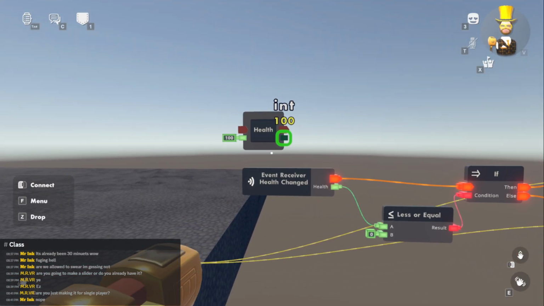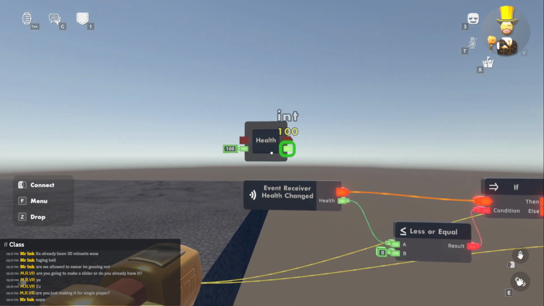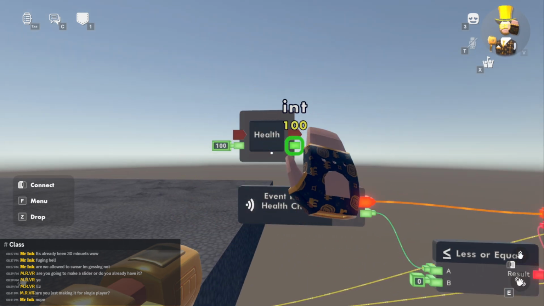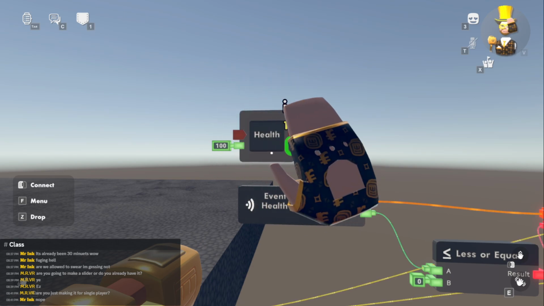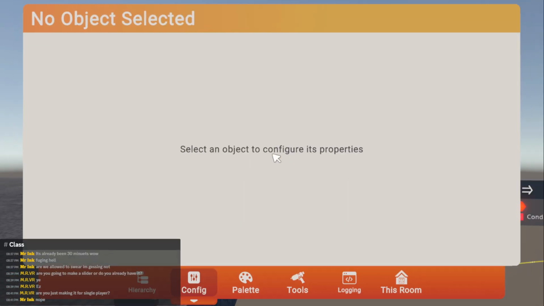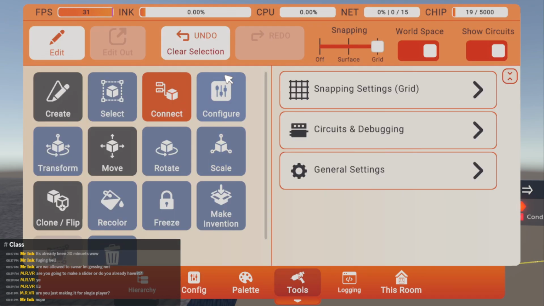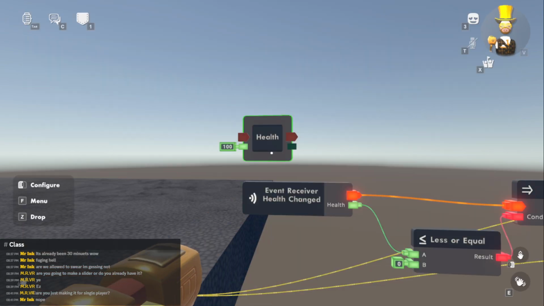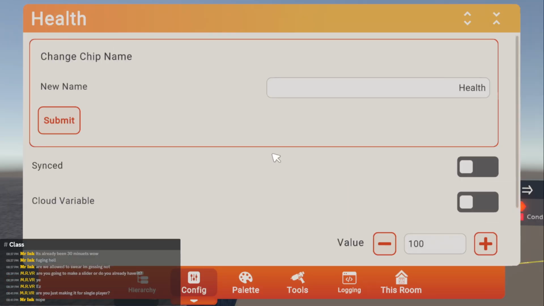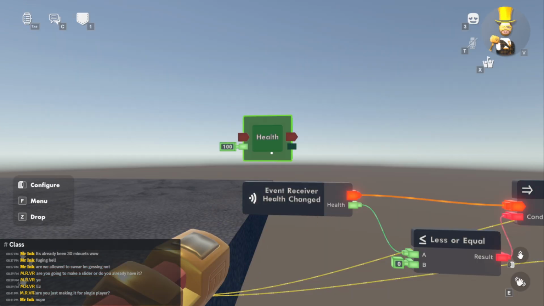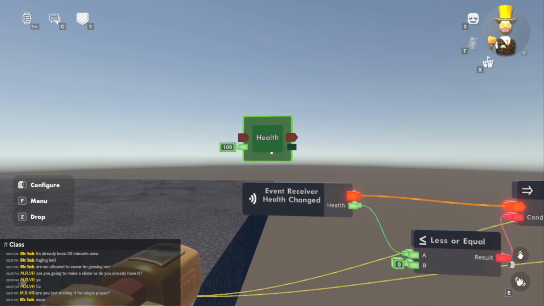So if my health drops, then only my variable changes. It's not a synced variable. If you want, let's say you want every player in the room to have the same health, then you can set this to synced, and then when anyone in the room loses health, then